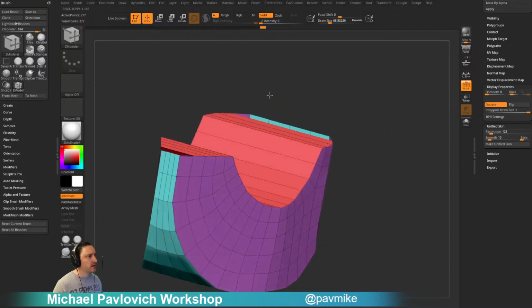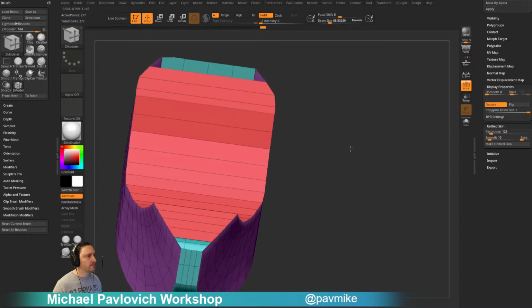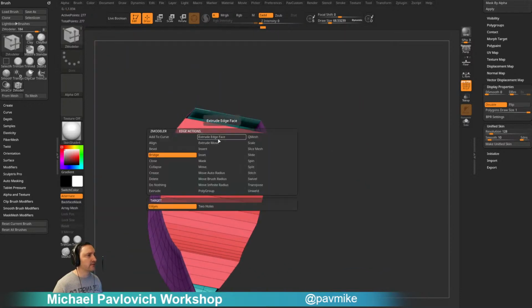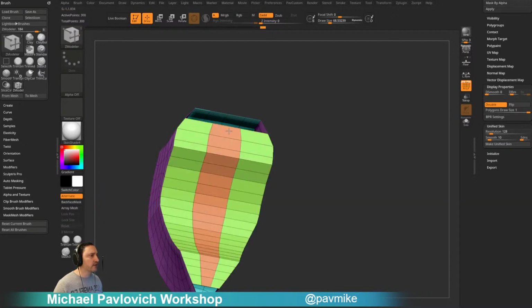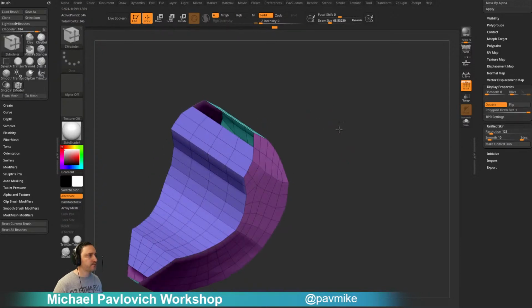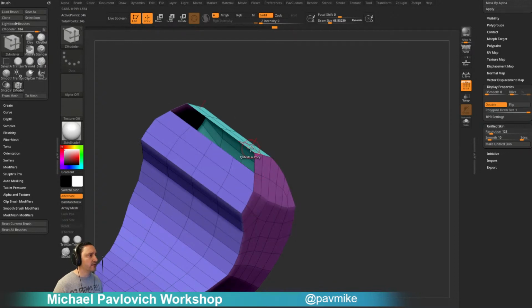Okay, so now the front and the back, it looks like we got nice, clean edge loops all the way through, which is good because what we could do if we did want to sew this up, not that we'd have to necessarily for what we're going to do, we can go in here to insert multiple edge loops, interactive elevation off, and we can put a line right down the middle. And then I'm going to go ahead and select both these polygroups, hit Control W, keep us sane, and then we'll just go through here. And now we can bridge these edges to the back. And now we've got a nice clean